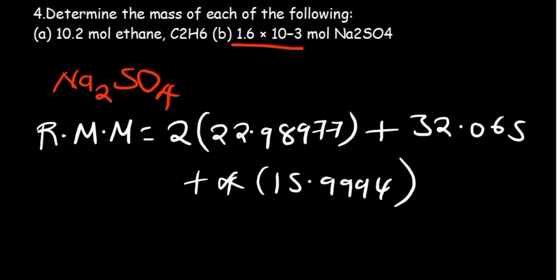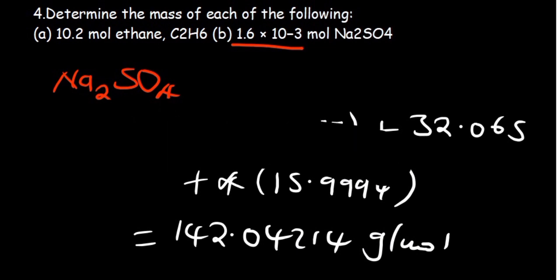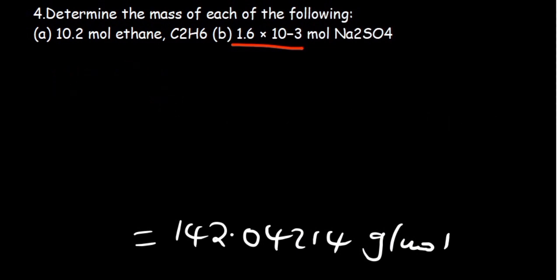So 2 multiplied by 22.98977 plus 32.065 plus 4 multiplied by 15.994. So what I'm getting is 142.04214 grams per mole. So we have our relative molecular mass for that compound. And in the question we've been given the number of moles. So let's multiply 1.6 by 10 to the power negative 3 moles